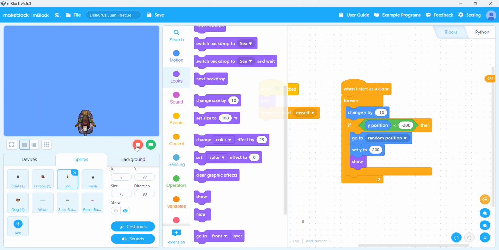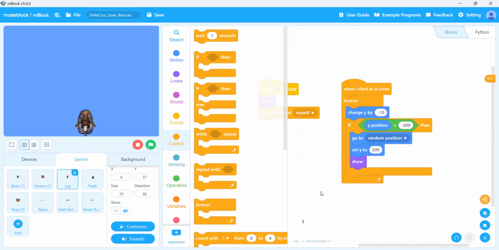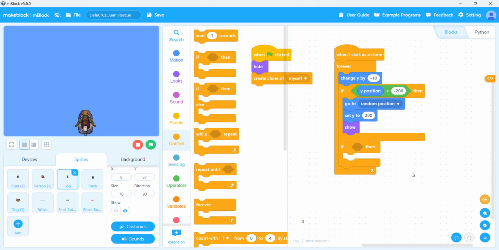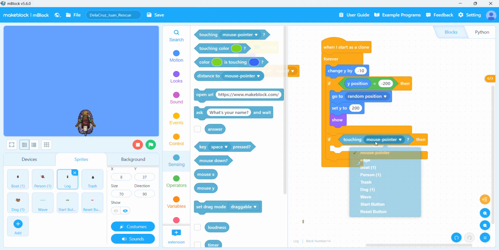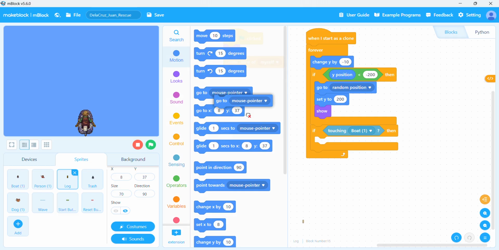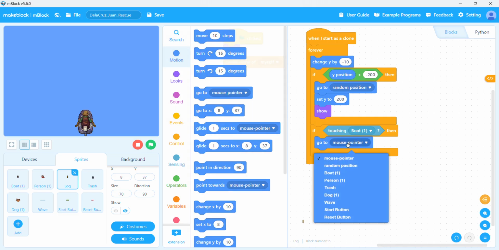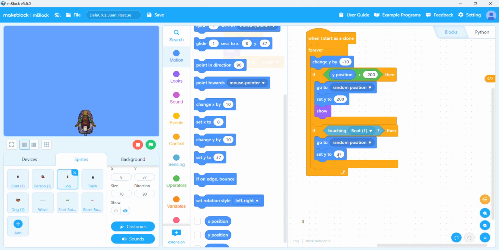Next, snap a second if-then block right after the first and still inside the forever loop. Set the condition to touching boat. Inside, place a go to random position block and set Y to 200, and start sound squish pop.